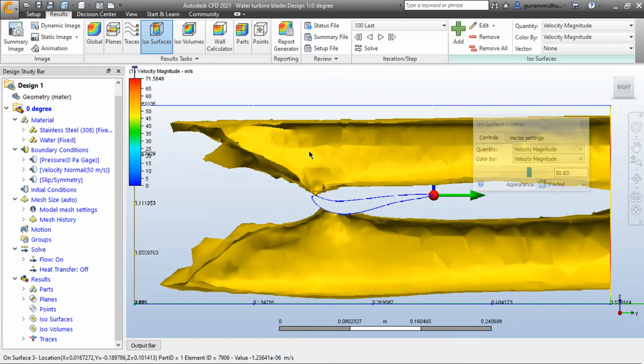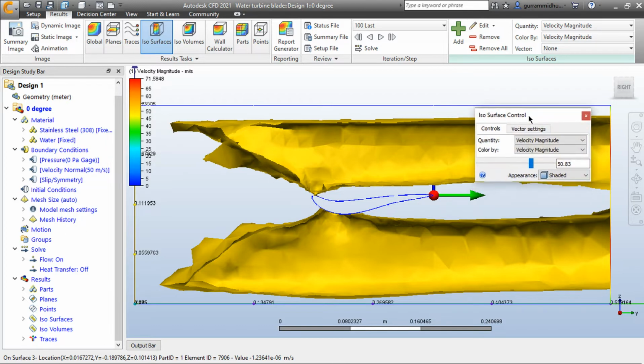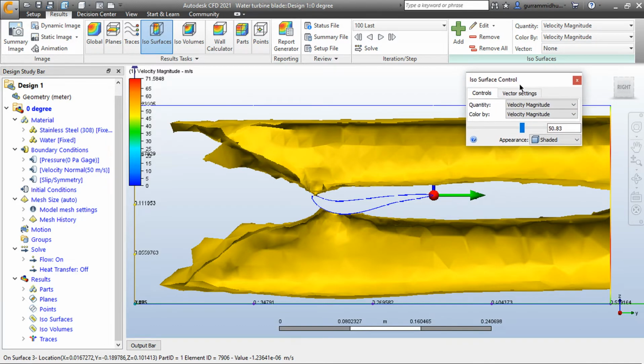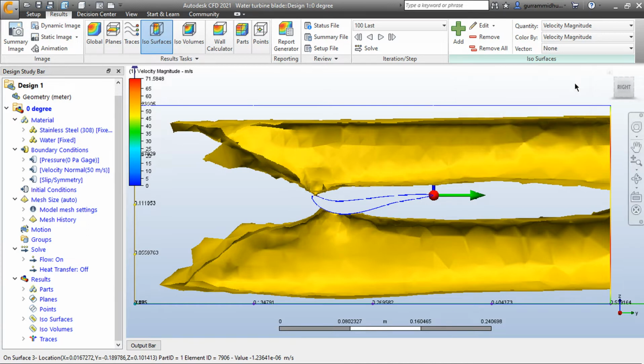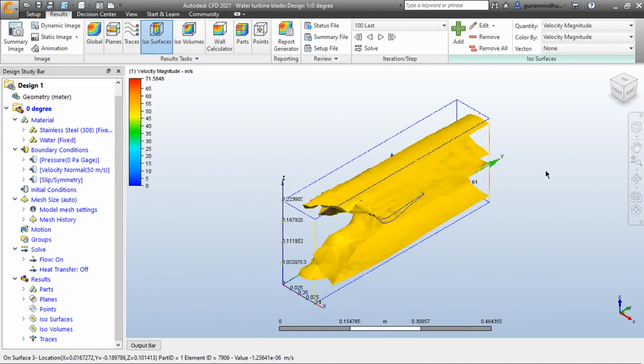And if you observe here, the maximum portion of the water is escaping from the blade, creating no result. Thus, this inclination is not going to be useful for us. We may need to change the blade angle so that we might benefit from that. Hope you understood the results. And now let's switch to Fusion 360 and change the blade angle.